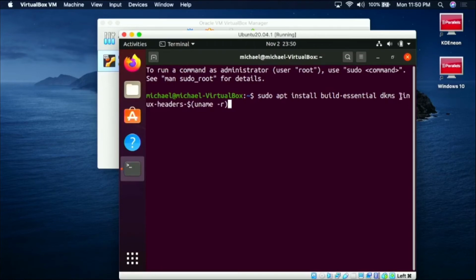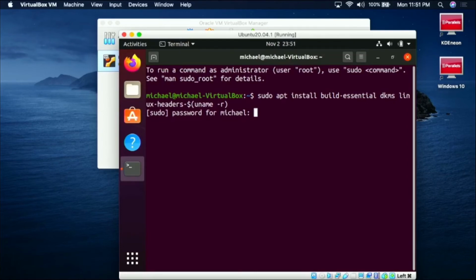And the last one is linux-headers-$(uname -r). So, the $ and inside the parentheses is a variable in bash. And inside of the variable, we are basically using another tool called uname with -r, which will basically give us the kernel release number. So the last one, Linux headers, we want the Linux headers of the current Linux kernel that's installed. So I'm going to hit enter,